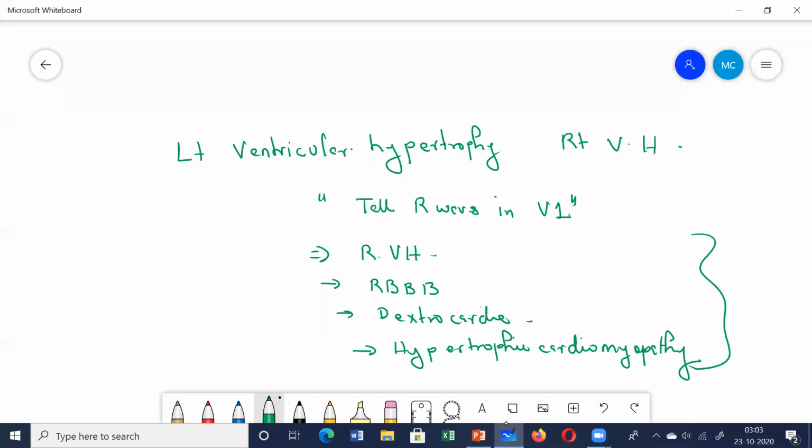Draw here once more. Just this small interval, this is your ST segment. This is from the end of the QRS to the beginning of the T wave. Usually this ST segment should be a straight line, but if it is elevated or if it is depressed, then it can indicate different diseases.